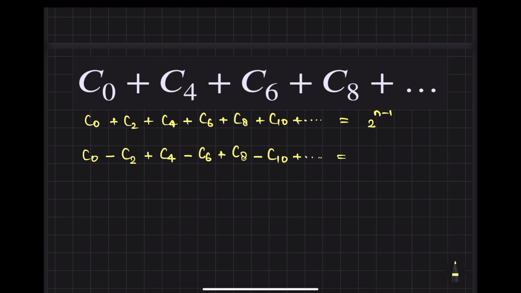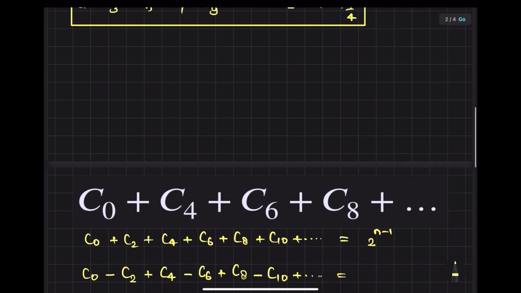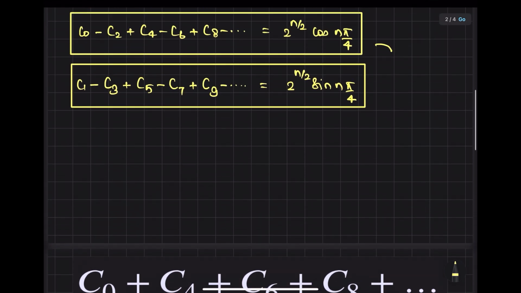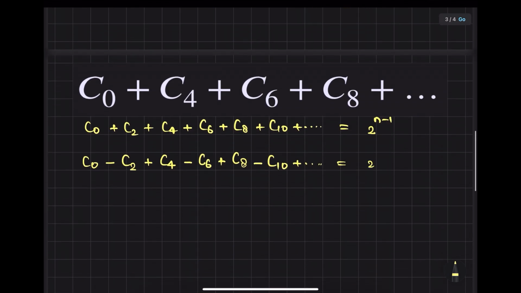Now look at this part. So the answer for this thing was what? Look, alternatingly it was plus minus sign. So can I write 2 power n by 2 cos